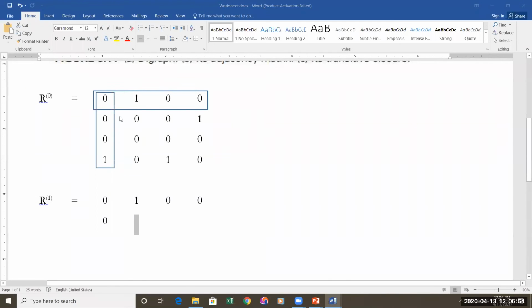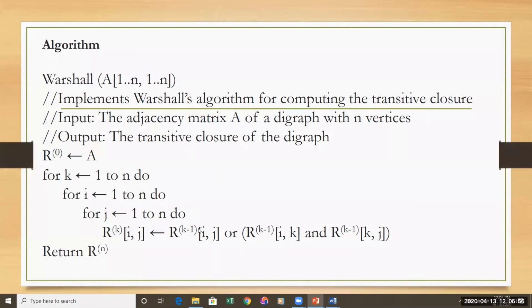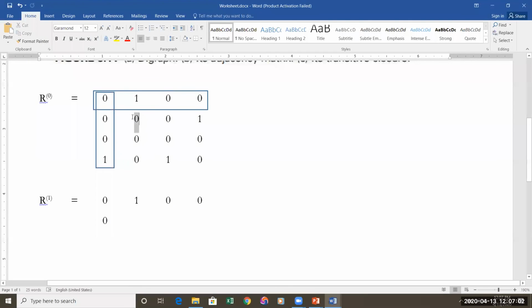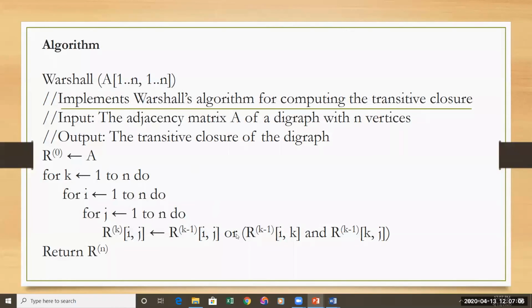So that is what the first part does: you are doing the OR operation with the first one. If the current value here is already a 1, then there is no need to check the remaining, because it is an OR operation, it remains 1 in the next step. The result is 1 itself. If this is 0, only then go for checking the corresponding row and column values of the corresponding k.